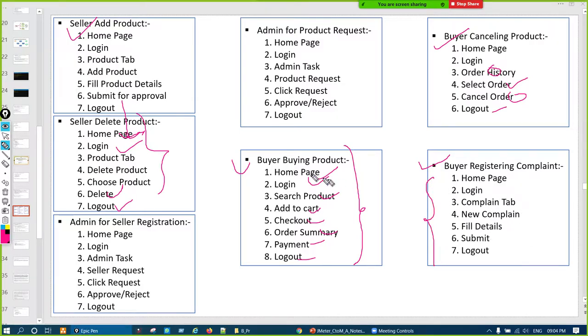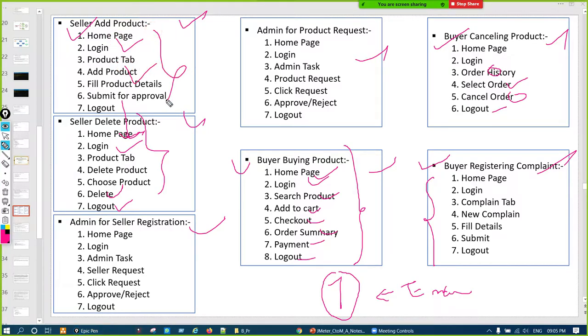So how many scenarios are there in total? 1, 2, 3, 4, 5, 6, 7. Seven important scenarios are generally available for an e-commerce site. Many more are there; these are just for example. So we have to identify the different scenarios available in my application, with their scenario names and the test steps or transactions involved in them, right?